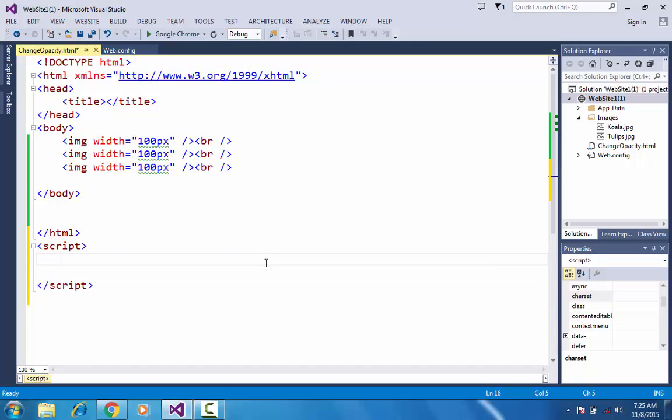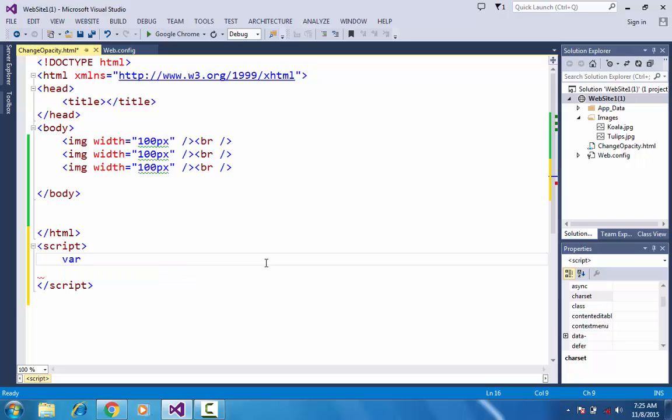You are thinking why I'm not putting this script in the head tag. Because if you are working with JavaScript, then the DOM, or document object, is implemented from top to bottom. It means the browser will render these image controls from top to bottom. If you write the code in the head tag, you have to find the image control, but due to the loading sequence you can't access it. That is why I have to write the script tag here, and it's a very big reason we use jQuery. So let's see how we can get the control.